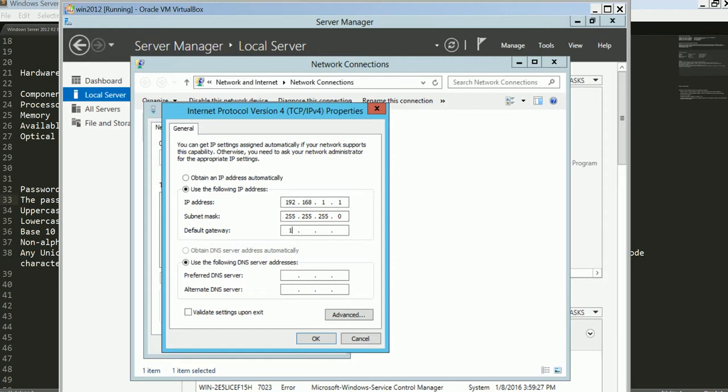I don't have a router in my environment, but I'll still give it. And for DNS server, in coming videos I would make this my DNS server. So what I'm going to do is give it its own IP address. Let's give it a loopback address here, 127.0.0.1, and for alternative DNS, let's give it 192.168.1.50. I'll do OK, close that,